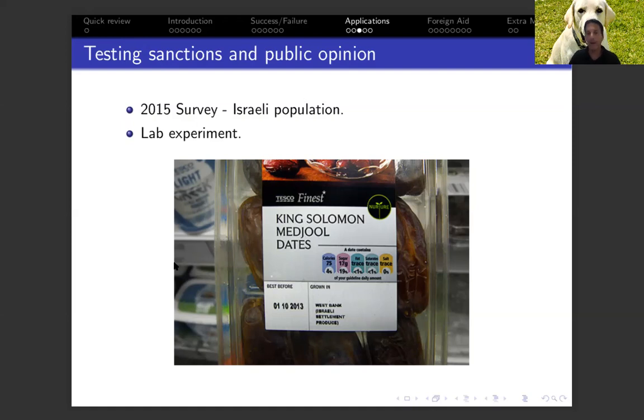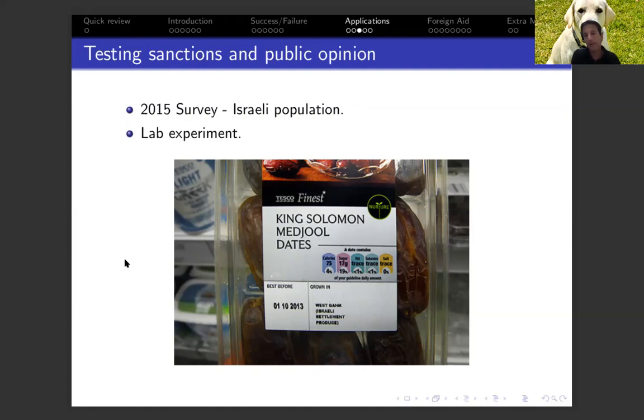So for example, in the lab, they also test for different types of sanctions. So whether the sanction is material or symbolic. They also test whether it's a targeted one, just like you had here for the survey, compared to more comprehensive ones. So an academic boycott is a very targeted type of sanction, but it is non-material. On the other hand, sanctions which focus on a lot of Israeli products are both comprehensive, but they're also material. So they should have different effects, and they should have different effects on the attitudes of the public, which suffer the cost of those sanctions.